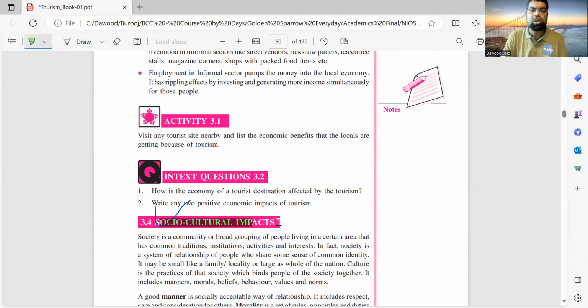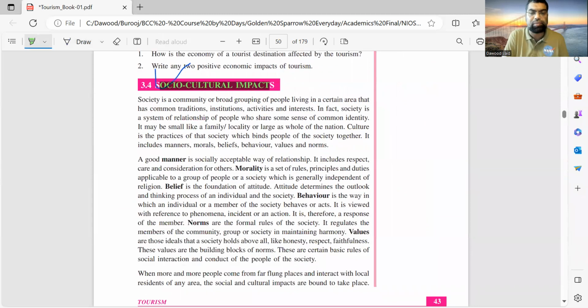Now, what is the socio-cultural impact? What is socio-cultural? Well, if you look at any city, it has its own distinct flavor: the behavior, the values, the way you dress there. The four F's usually define it: food, fabric, festival, and flag. Forget the flag, but when you visit a place, what are the positive impacts of socio-cultural? My example from Kerala before, now let's take Rajasthan. You go to Rajasthan, you see the diversity there, the ladies' pallus, the desert safari that you have not only in Dubai but in Rajasthan also.